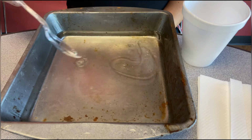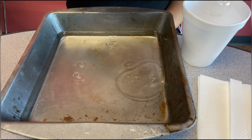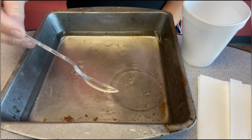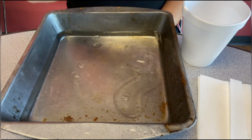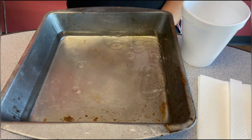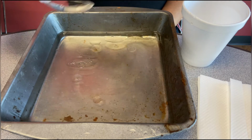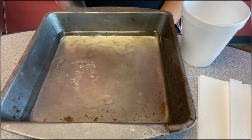So I'm able to get some oil out, but I'm also taking a lot of my water, but it's also just separating the oil into smaller blobs and bubbles. Okay, so that works pretty well. It's going to take a while for me to get out all this oil though. So let's try